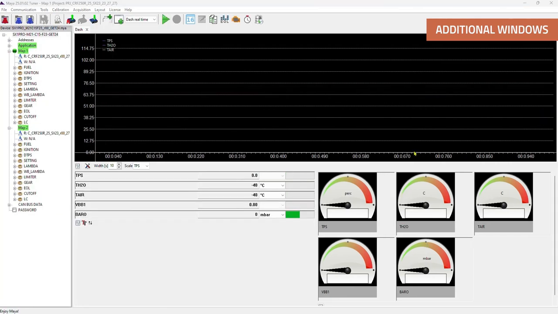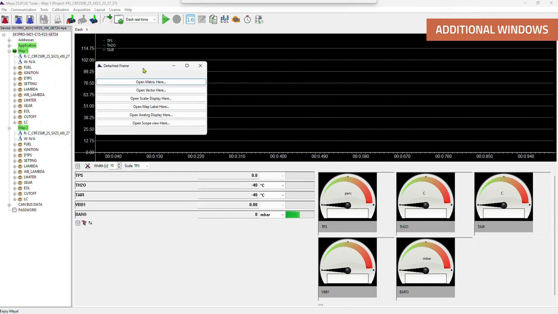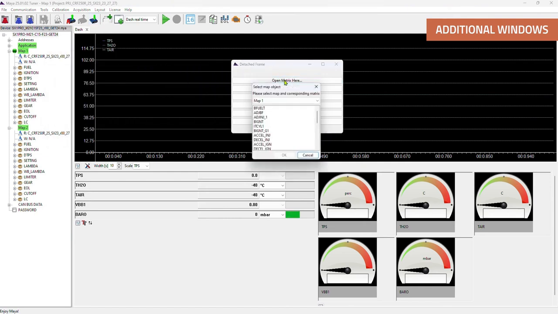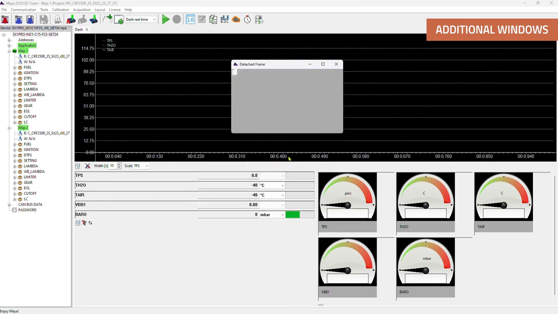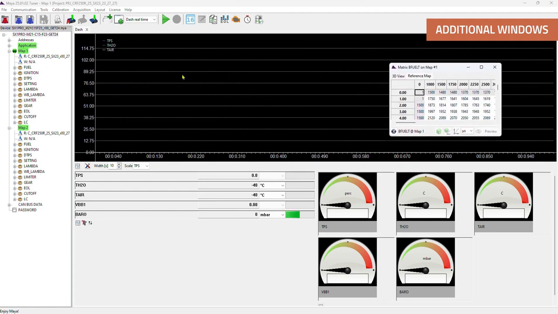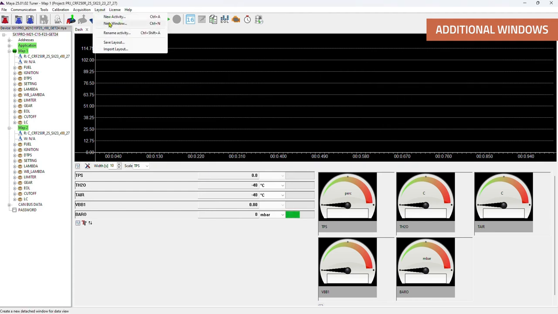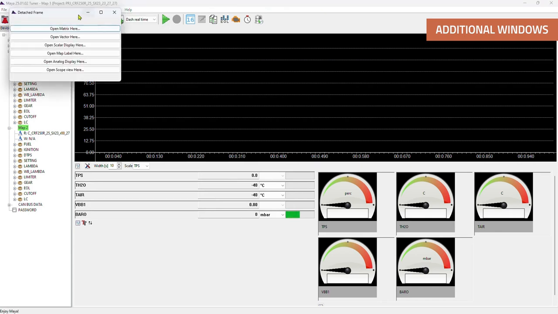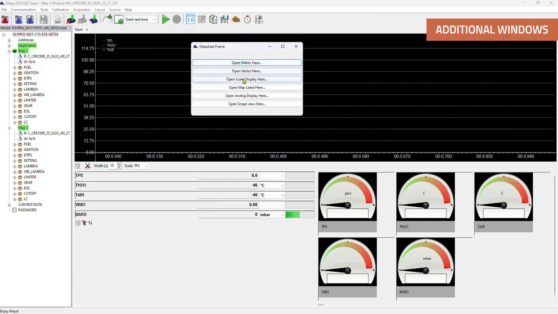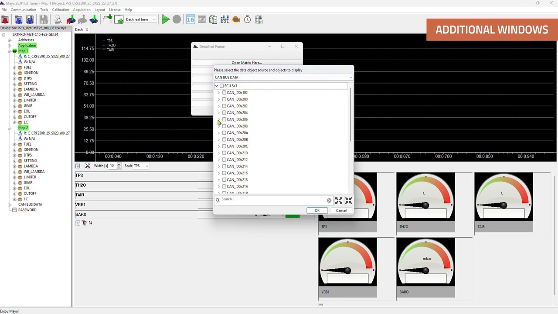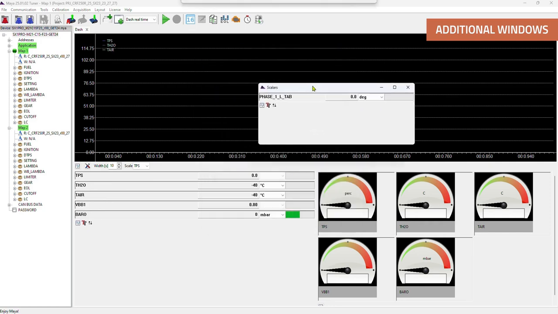Another type of visualization is represented by windows. This is also a layout tool and allows you to create a window that is completely detached from Maya and therefore independent both in terms of position and size, in which you can select the same types of representations inside it, such as scope, scalars, or analog. It is very useful when you have multiple screens available and want to take advantage of screen extensions to access more information.